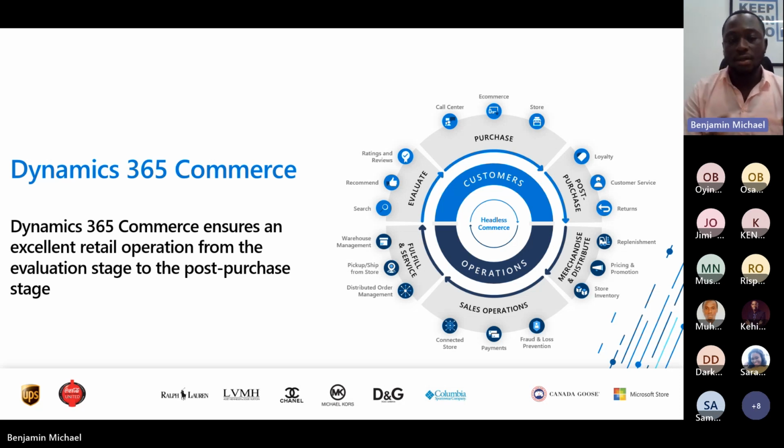What happens within the intelligent customer journey? First, they take the evaluate stage. This is where these customers carry out research on a particular business or retailer and check out reviews and ratings about these businesses, and then proceed to make a decision on whether to purchase or not to purchase. So when they make a decision to purchase, they visit different touch points of these businesses. Either they visit the e-commerce platform or the physical store, or they put a call through the call center.